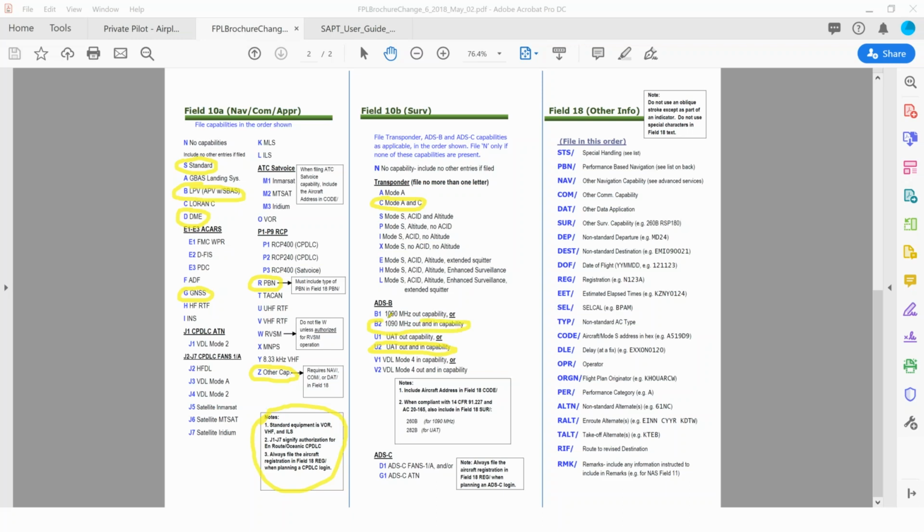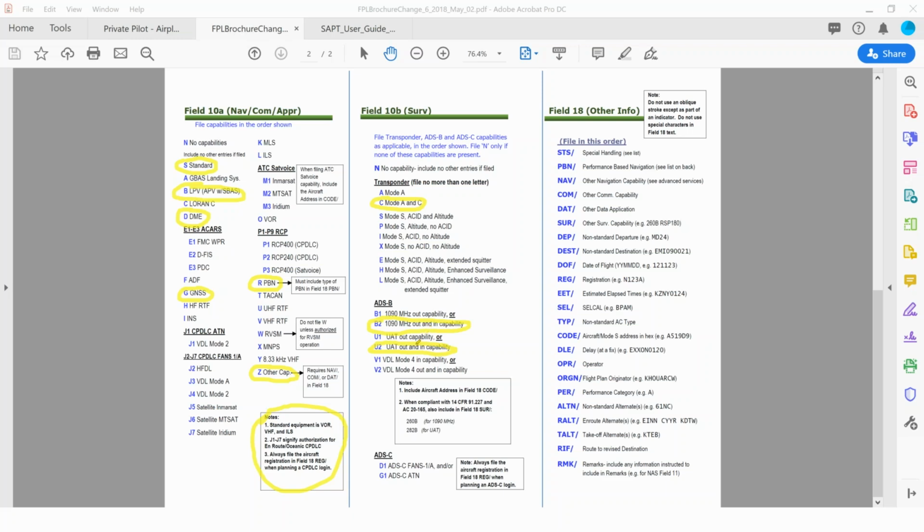So we're just going to assume that you have a new, I should have looked up Garmin's stuff or some of the new Lynx transponders, but I think most of them are both 1090 ES and UAT. But regardless, if you have those, you're going to put one of the two, either B2 or U2.